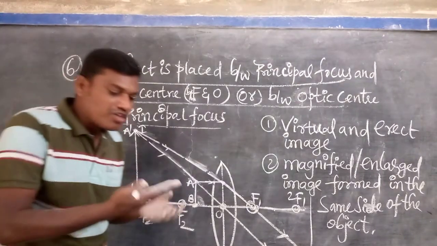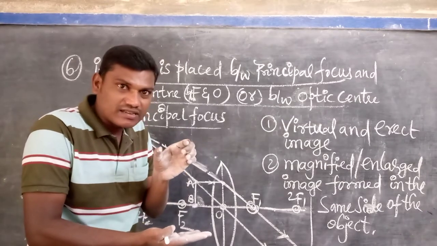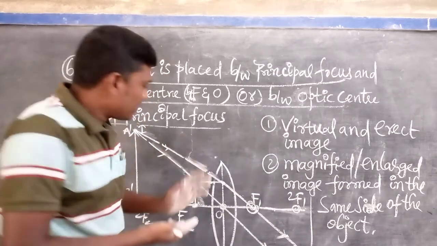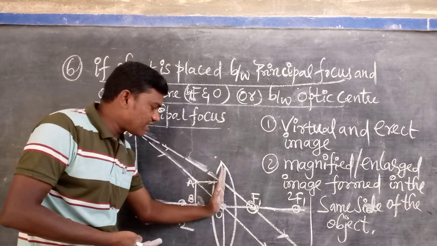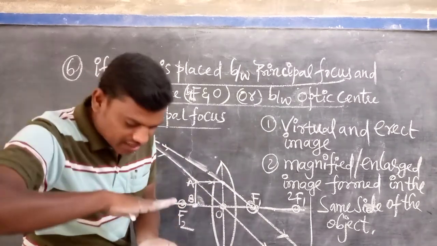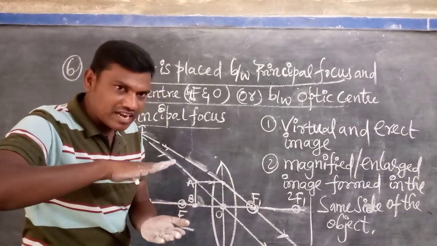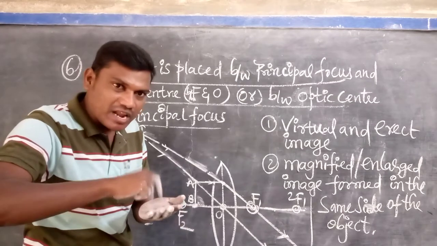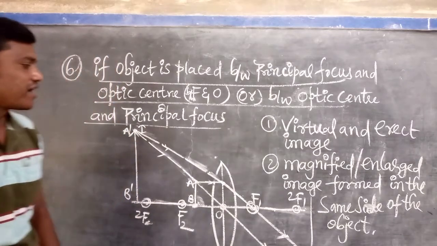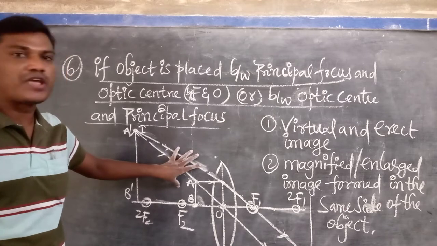So if you want to focus on any letters, you can take the magnifying lens and place it on the letters. Here the letters are the object, and it is the lens. That's why the lens is in the upper portion and the letters are in the below portion. Now we can see that in vertical mode. You are observing that the magnifying lens is slightly adjusting. Finally, what will happen? The words appear on the same side as the letters only, in a magnified way. So that's why in magnifying glasses we observe this type of manner.